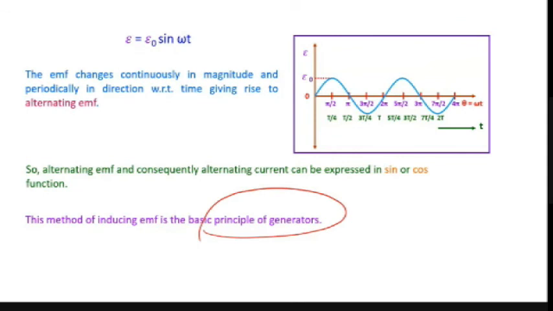So in order to generate EMF, here we are keeping B same, area same. We are rotating the coil. So take a coil, keep it in a magnetic field and start to rotate it. As theta changes, induced EMF is generated, and that induced EMF is a sine wave, alternating one. So current will also be alternating current. This is the starting point of the next chapter, alternating current. Alternating current is produced using electromagnetic induction. That is the third method, by changing the angle or by rotating the coil. We will discuss that in detail in alternating current.